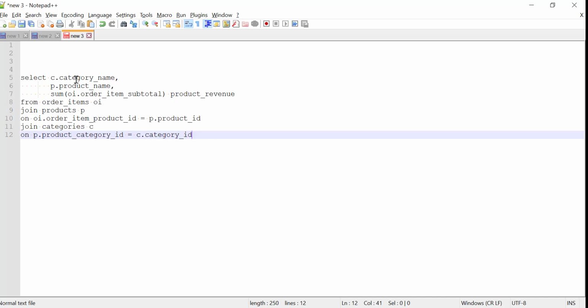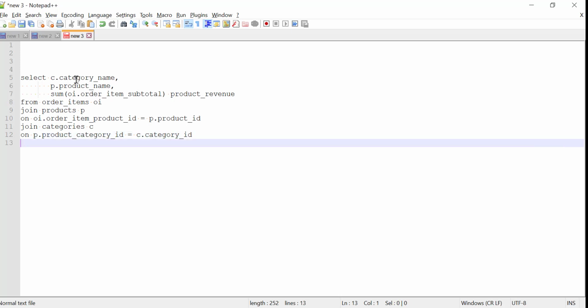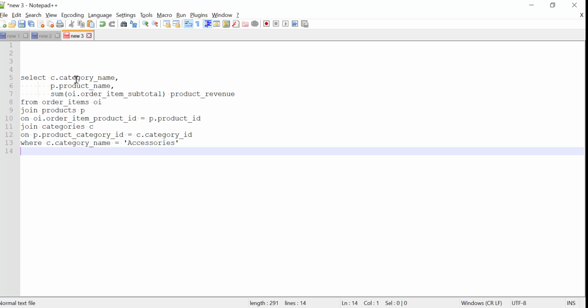Okay, and then we have to fetch the data only for the category accessories. So we can put a where clause here. We can say where C dot category_name is equal to accessories, and we have to group by the data.